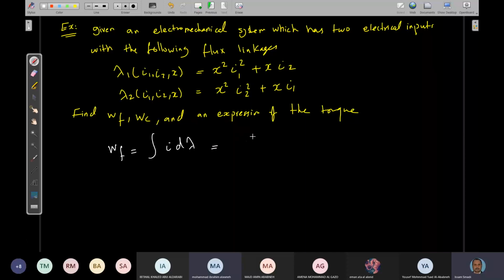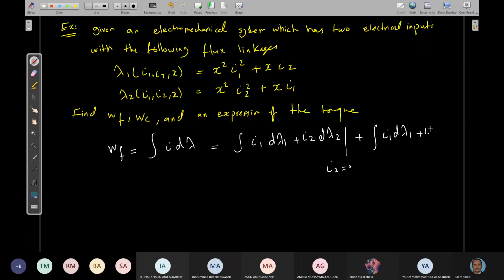So this will equal the integration of I1 d lambda 1 plus I2 d lambda 2 when I2 equals 0. Remember the two-stage integration, plus the integration of I1 d lambda 1 plus I2 d lambda 2 when I1 is